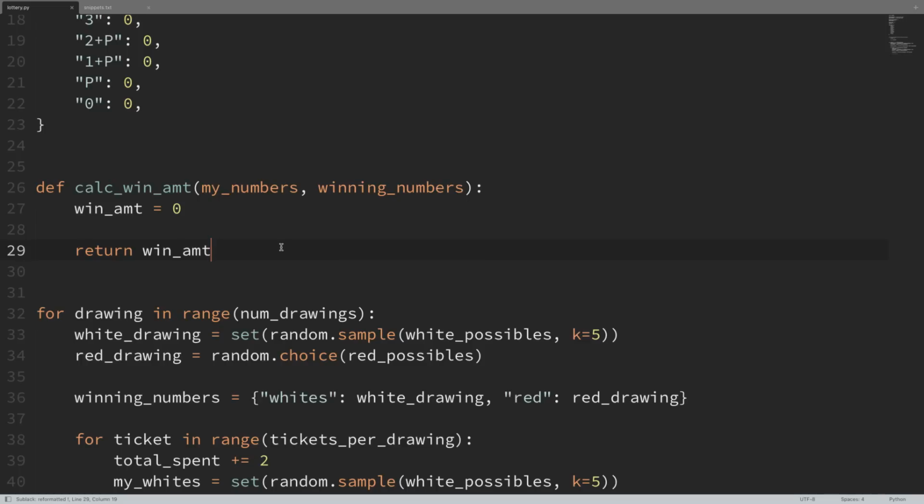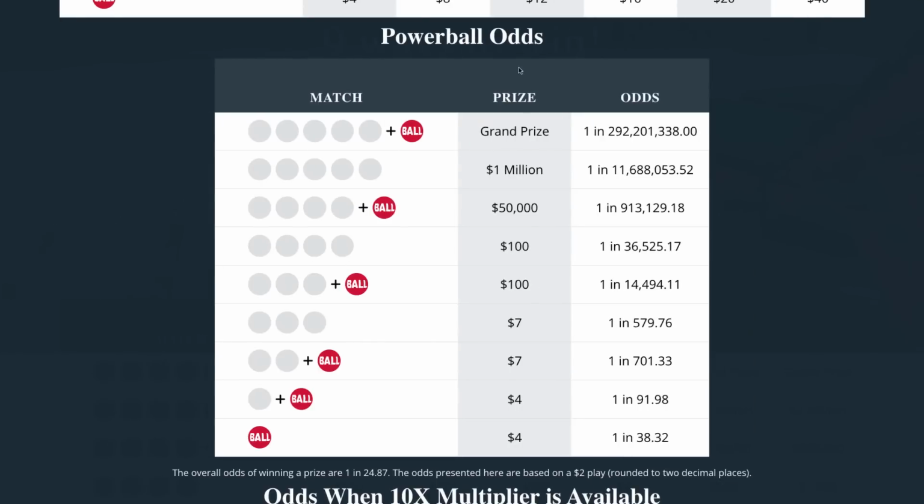But now let's go ahead and finish writing this function and see how we can compare our ticket to the winning numbers and calculate our actual winnings. Now, if you remember from our graphic over here, all we're going to need to do is see how many of our white numbers match up with their white numbers and if we hit the Powerball or not. So we're going to need a way to see how many of our numbers are the same as the